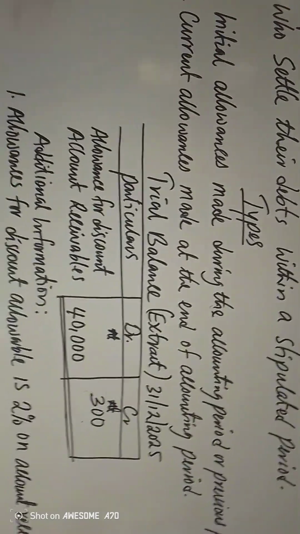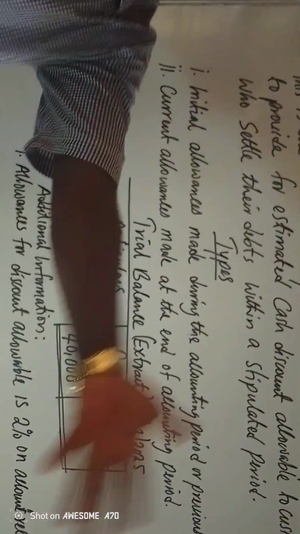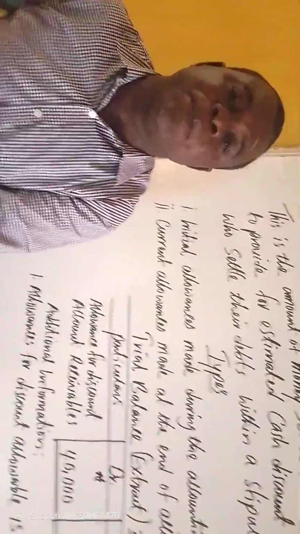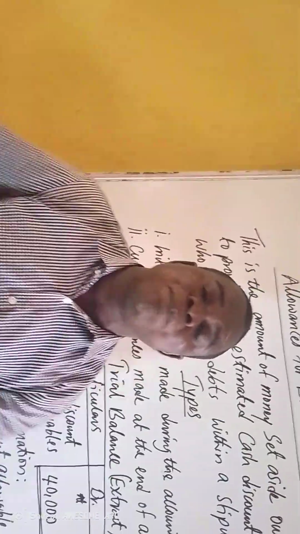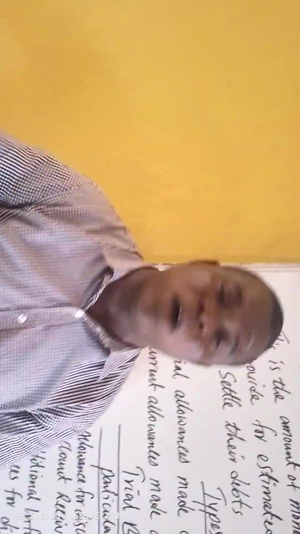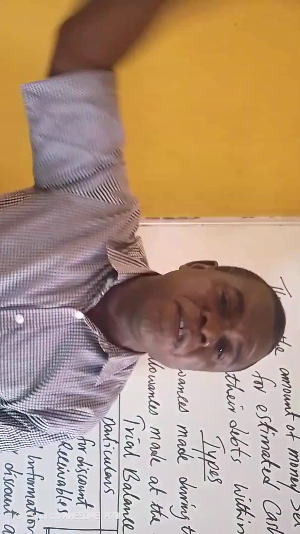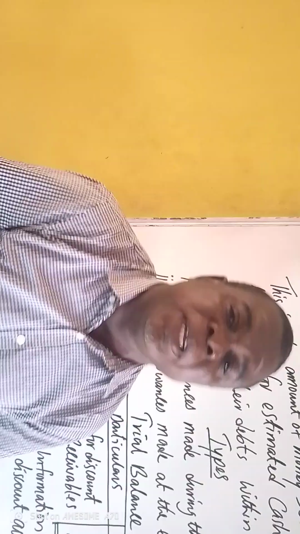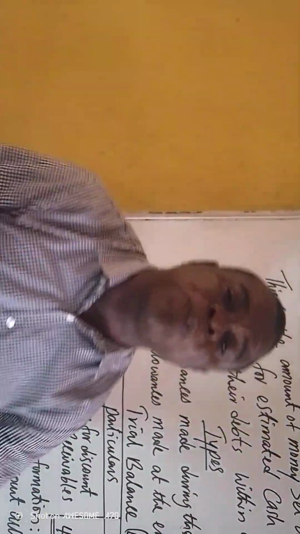But at the year end, either the amount will increase or reduce, as the case may be, based on how the customers are being motivated to make payment, or based on how customers are being delayed to make their payment. So the discounts are not always the same. The one that is made previously, either during the year or in the previous year, and the one that is just made at the end of the accounting period, which gives the real picture of how customers are responding to